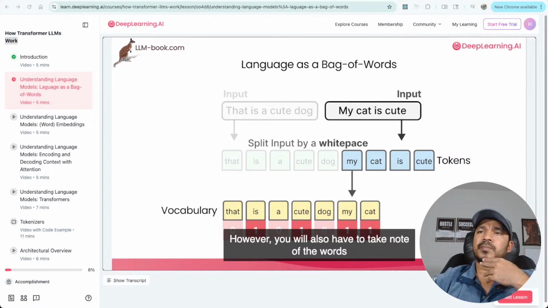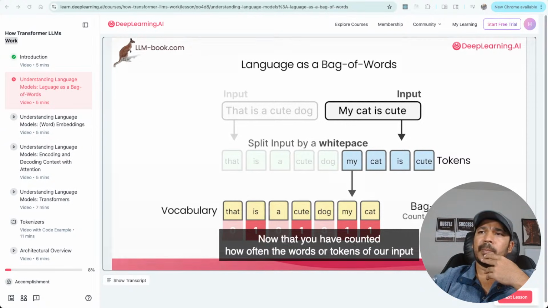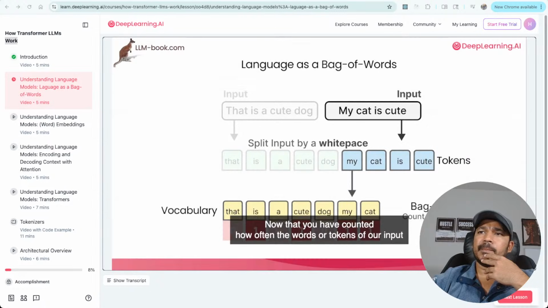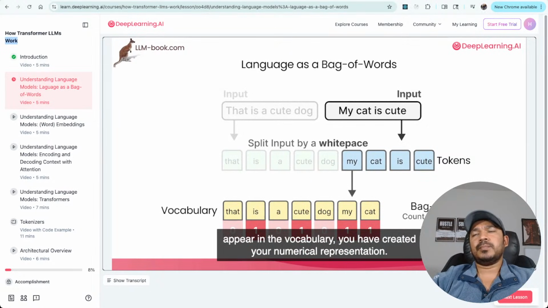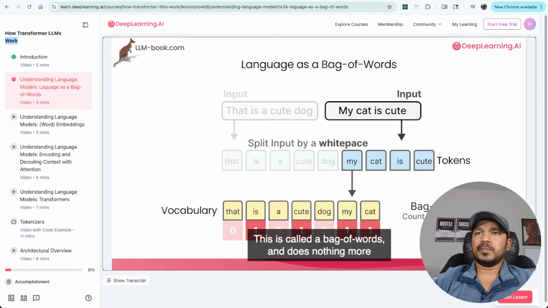However, you will also have to take note of the words in the vocabulary that do not appear in the input. A sentence not only gives meaning to the words it contains, but also to the words it doesn't. Now that you have counted how often the words or tokens of our input appear in the vocabulary, you have created your numerical representation. This is called a bag of words and does nothing more than counting individual words that